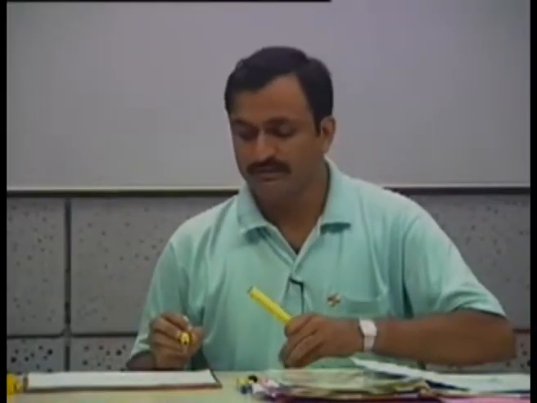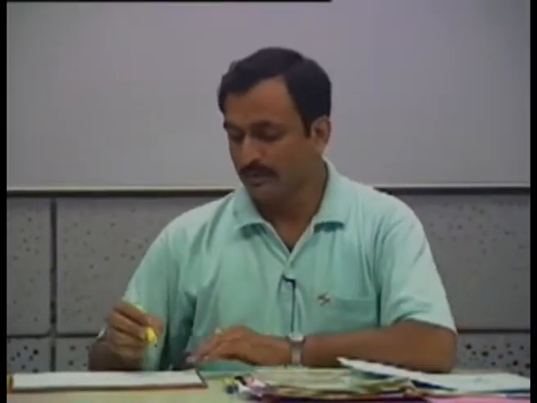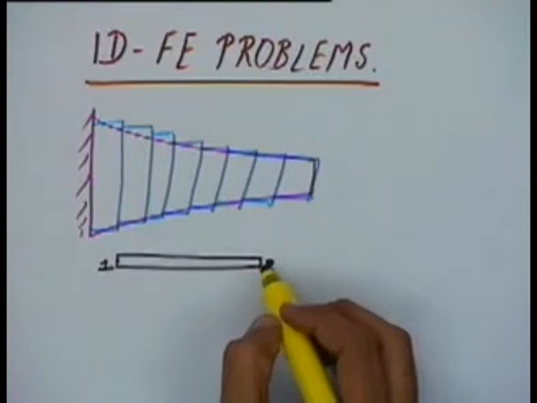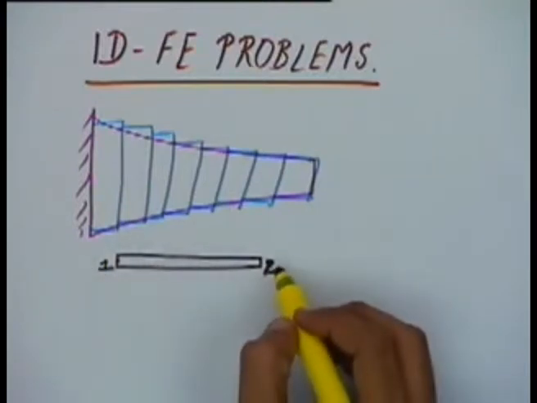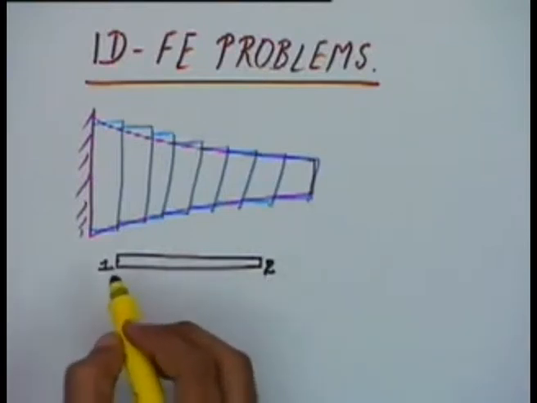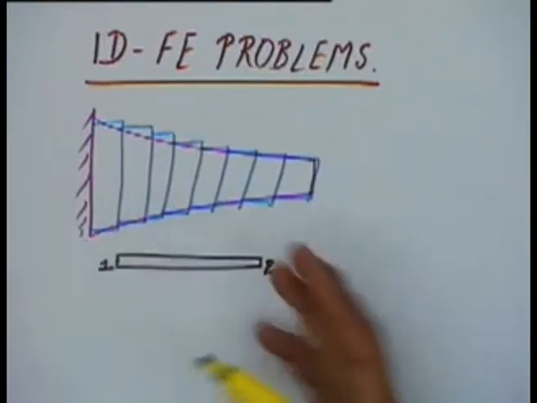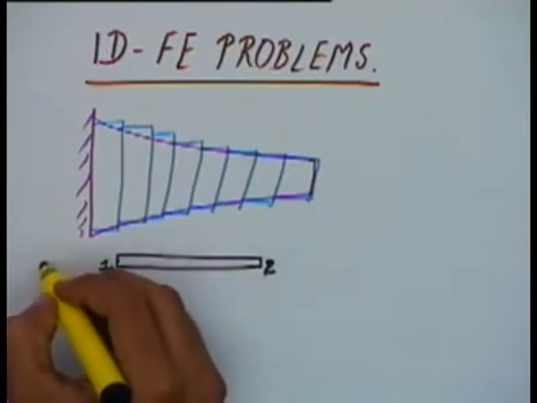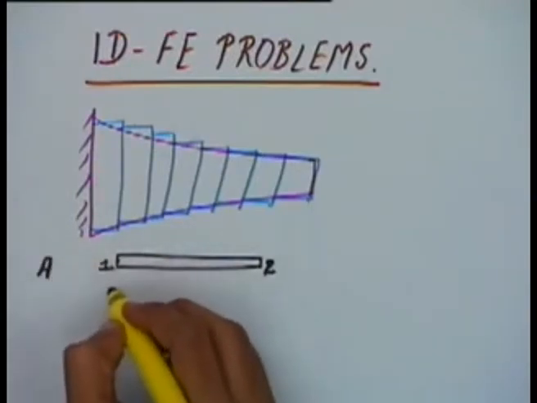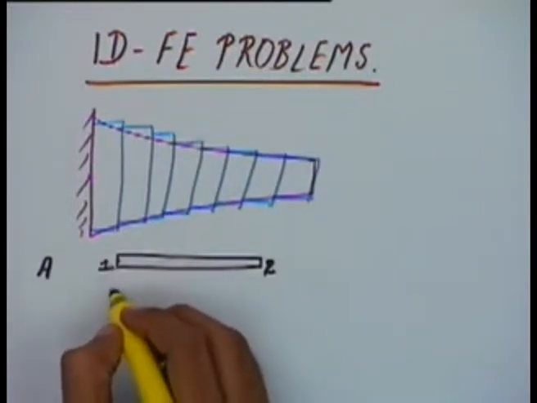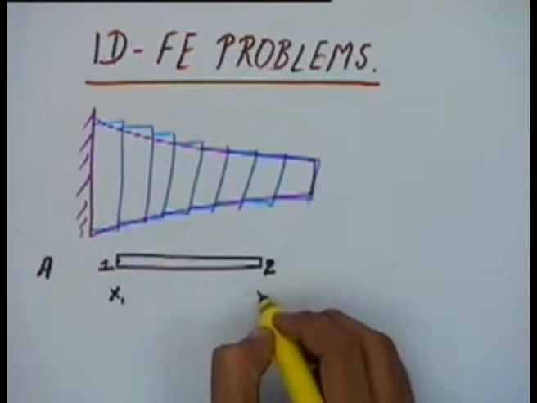Session on 1D finite element problems. In the morning we had seen that if we have a one dimensional rod, we can split it into one dimensional finite elements with uniform cross section. That means the variation is only along the length, the area of cross section would remain the same across the length of the element. In this case, let us say the area of cross section is A, and let us say the position of the starting point of the element is x1, position of the end point is x2,